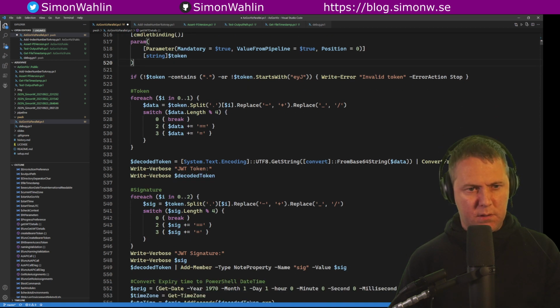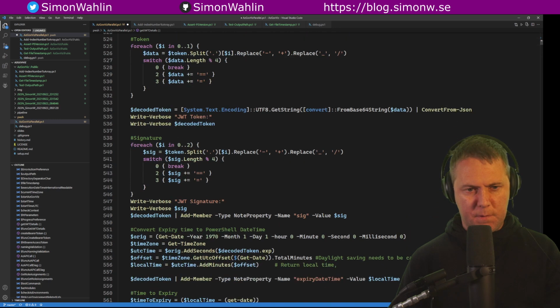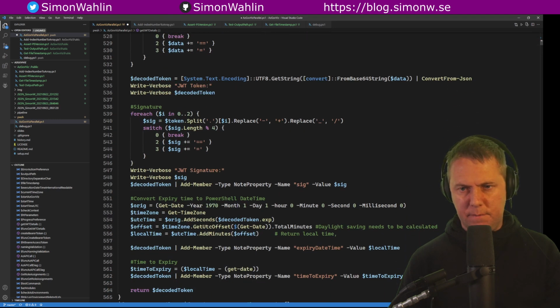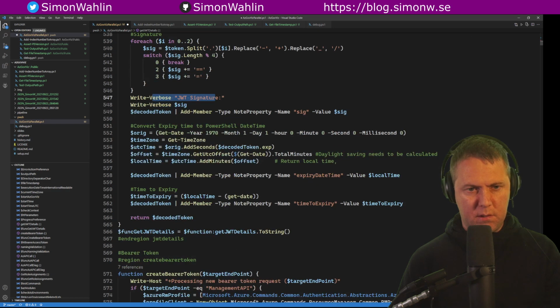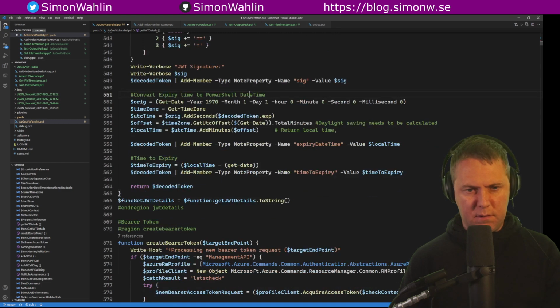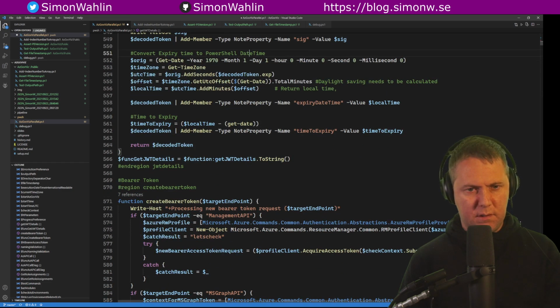It takes a token and it breaks it up and converts it, removes any padding. Here we're using add verbose instead of add write host. And then we're just creating a thingy and calculates the